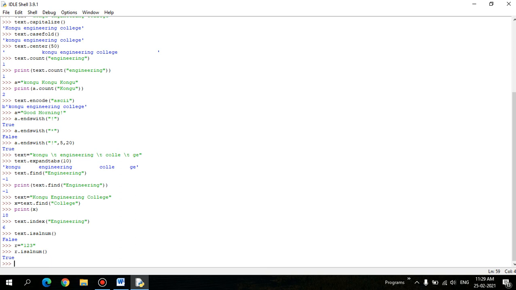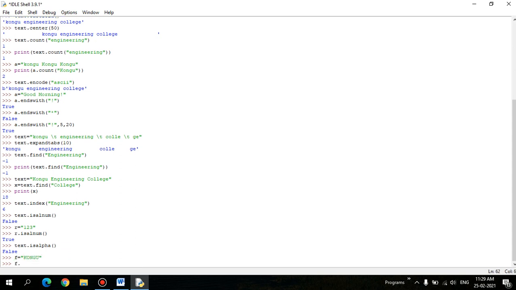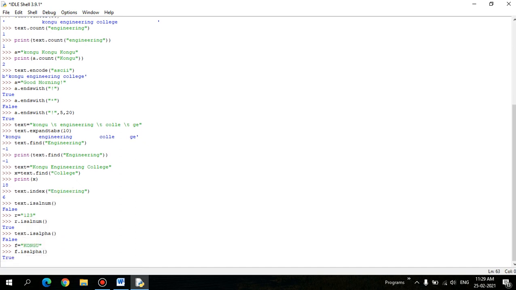And let's go for some other function. So what are the other functions that are supported here? Check for alpha also, right? So it checks whether my string has all alpha characters, right? So it purely depends. Let's take, I'm going to check, yes, so f dot isalpha function, yes, here it is, it is true, right? So this is what alpha characters are.